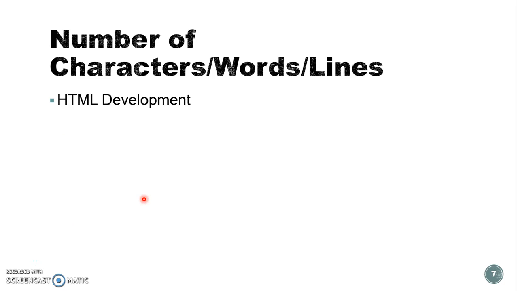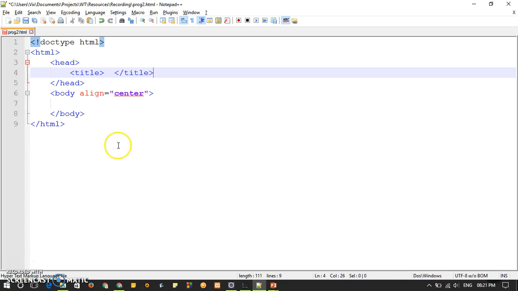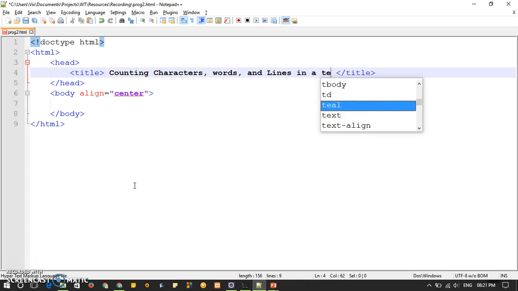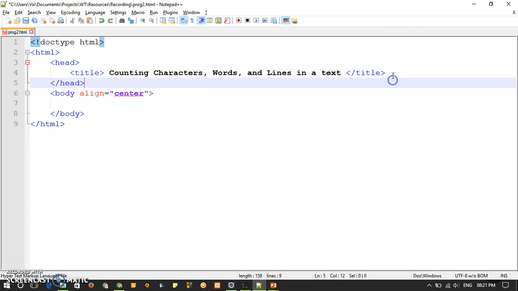Let us try to develop the basic HTML code required for this particular problem. This is my basic HTML code, which I follow everywhere for all my HTML problems. And let us give a title for this particular page: counting characters, words, and lines in a text. Okay, this is my title, and then under the body tag I need a form tag,